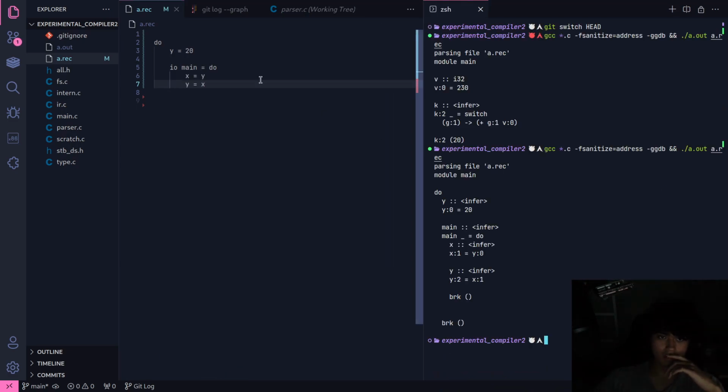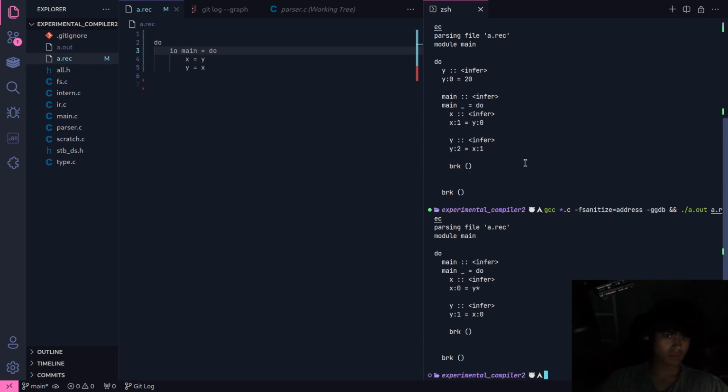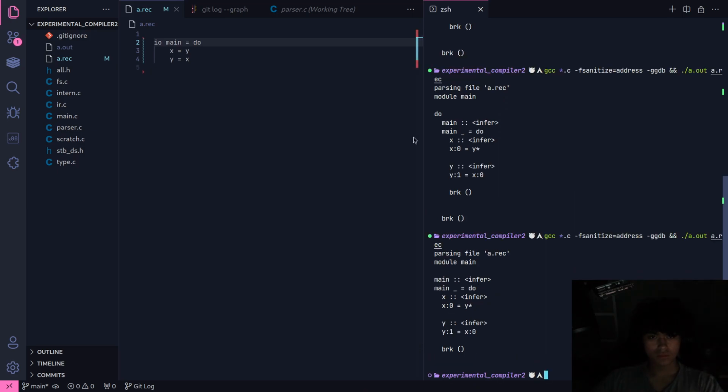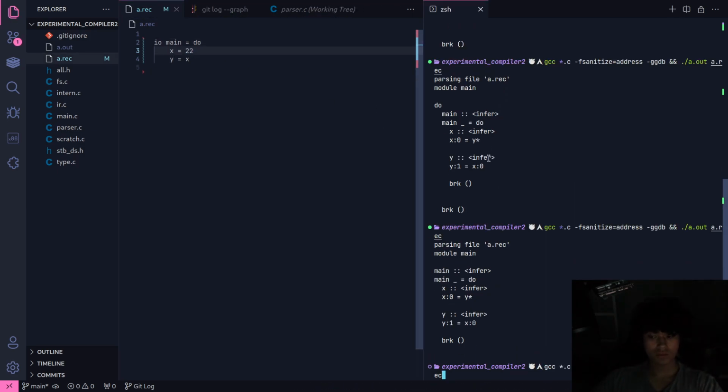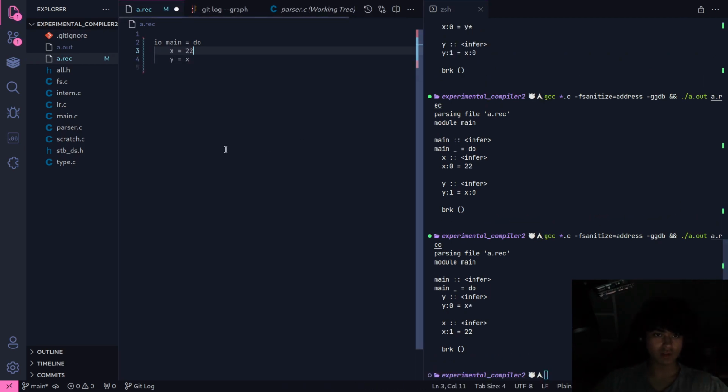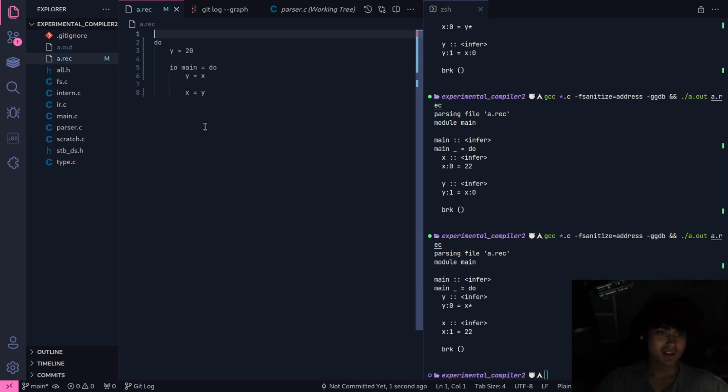Why is that not an error? I just do this. Still not an error. Wow. I can't believe it. I thought this was fixed. Alright, hell. Yeah, anyway. What a joke.